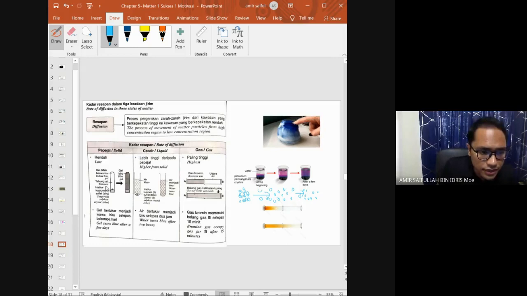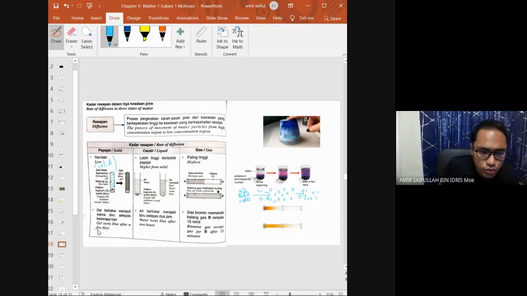For example, like this one. You see they put a copper sulfate crystal, which is blue in color, in a gel. The gel is a solid. A gel is actually a solid, so the particles are very, very close to each other. That's why for the copper to diffuse, flowing from a high concentration to a low concentration,